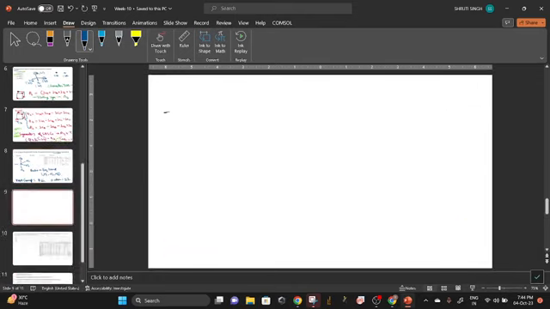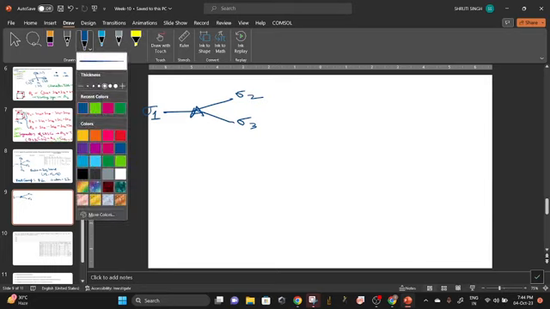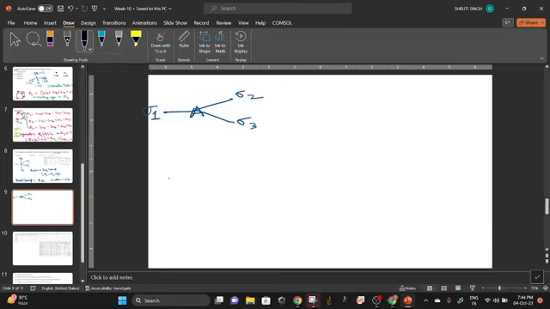So this is my sigma 1, sigma 2, sigma 3. Okay, here in between A is there. And we have, so let me write, we need to find the tau equatorial.